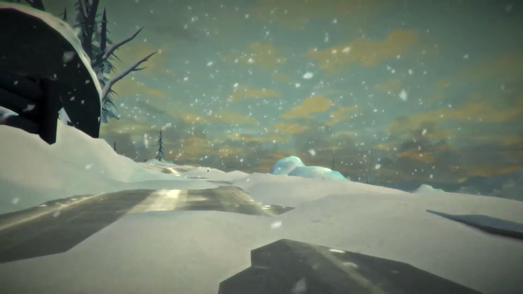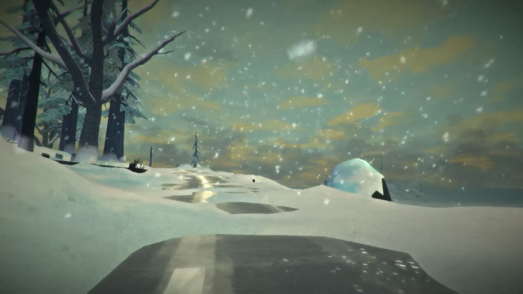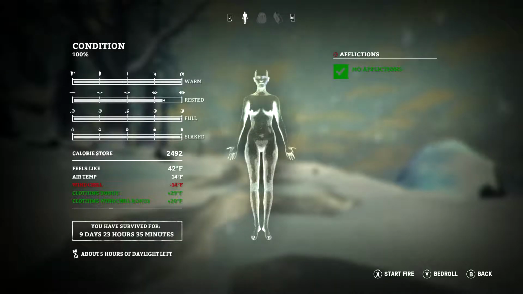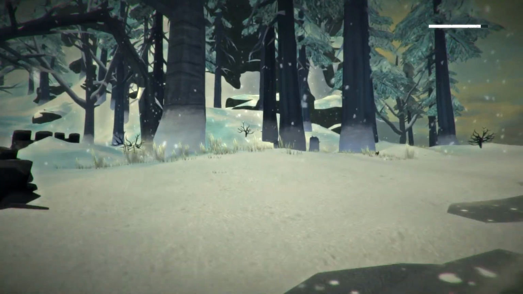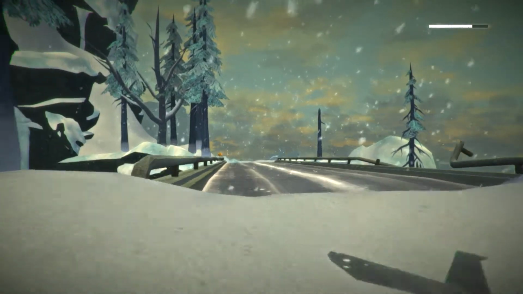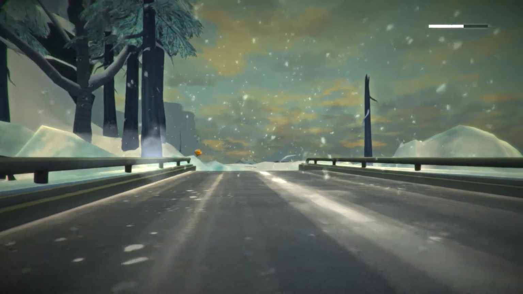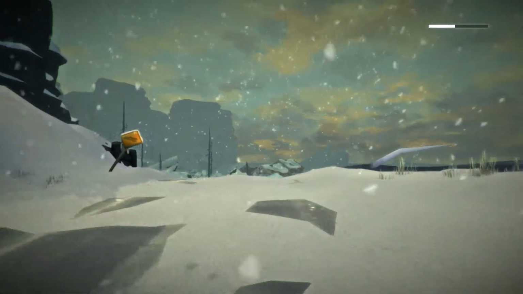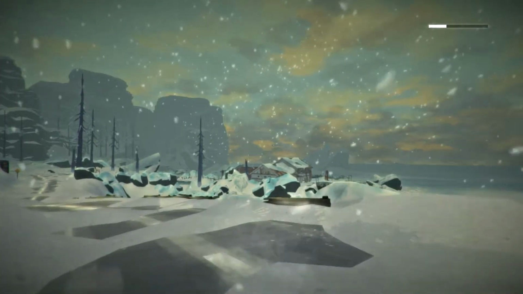So it does look like it's getting snowier. Don't think we need to take the time. 5 hours of daylight. I don't think we need to take the time and go back and just drop off the bow and the couple things we looted. What we're going to do is we are going to sprint on over to the other end of the zone. There is...